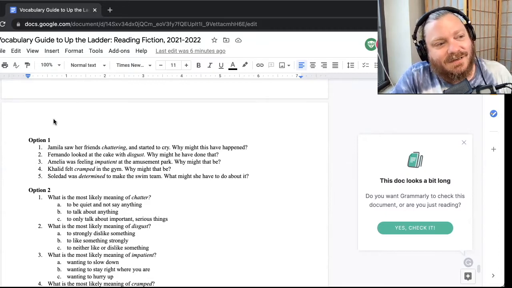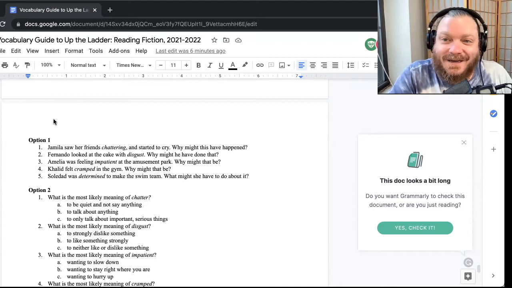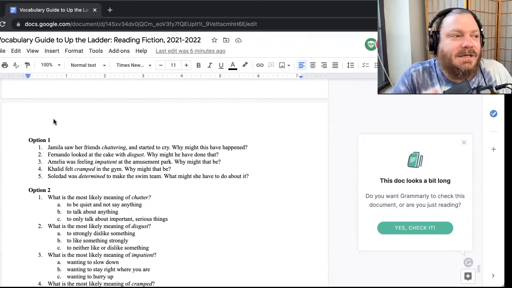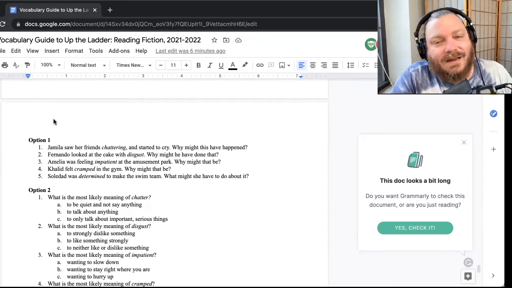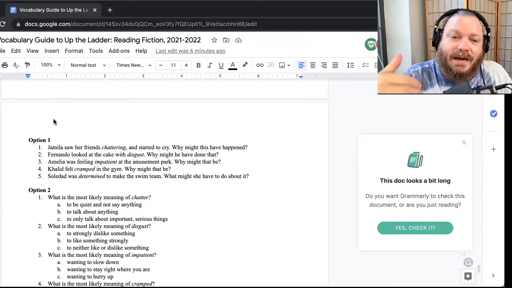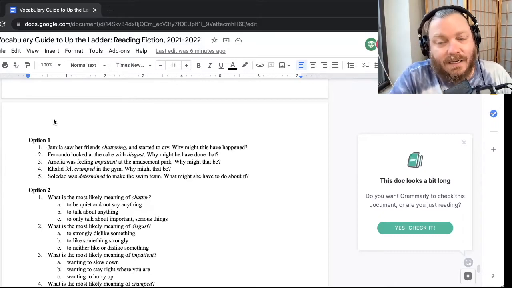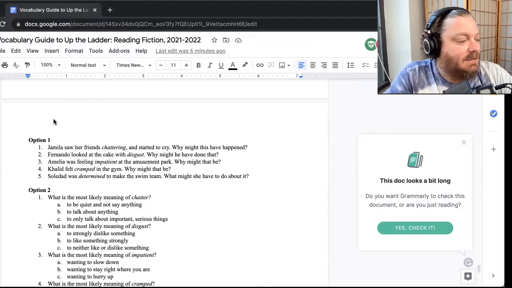perhaps it was a flavor he didn't like. It was vanilla, and he doesn't like vanilla. Or maybe the dog had taken a big bite out of it and that looked gross. That made it gross. Things of that nature. So you'll notice that in the first option, kids have to apply the knowledge of the word through some sort of inference in a scenario that I will provide, and they have to give a brief written response. They could, of course, give a verbal response depending on how you are giving access to students.